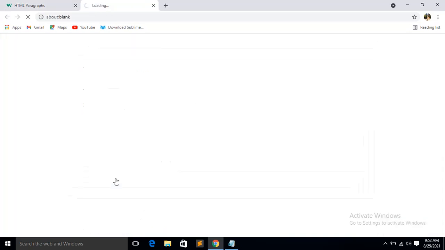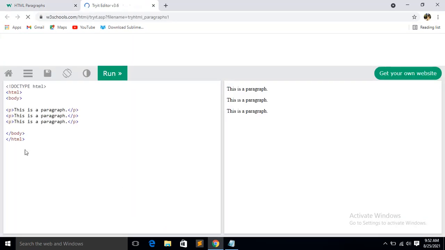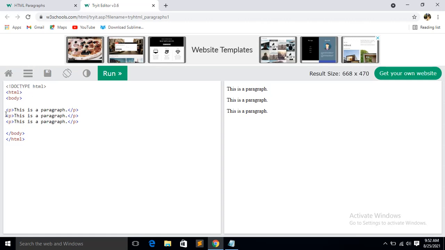So let us execute the program. You can see here the program, they have given HTML and body. Between HTML and body there is a head and title, you write that one, don't avoid that. Now, this is a paragraph, three lines they have written with three tags. You can see the output: this is a paragraph, then one line space because the paragraph closed, then a new paragraph started, like that they have created. So this is how you have to insert a paragraph when you want to start a new paragraph.